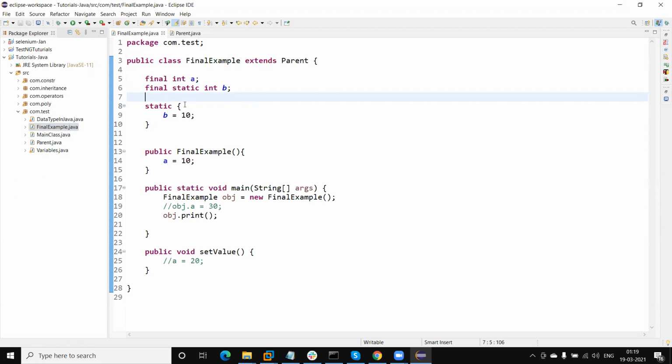And if we are not initializing the variables at the time of declaration, then we need to initialize non-static variables in a constructor, and if the variable is static, we need to initialize it in a static block.